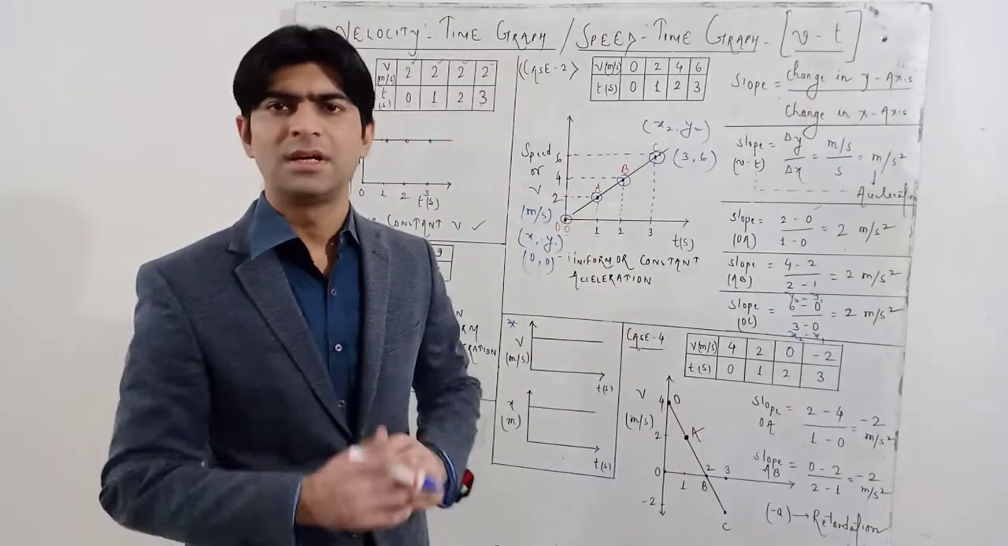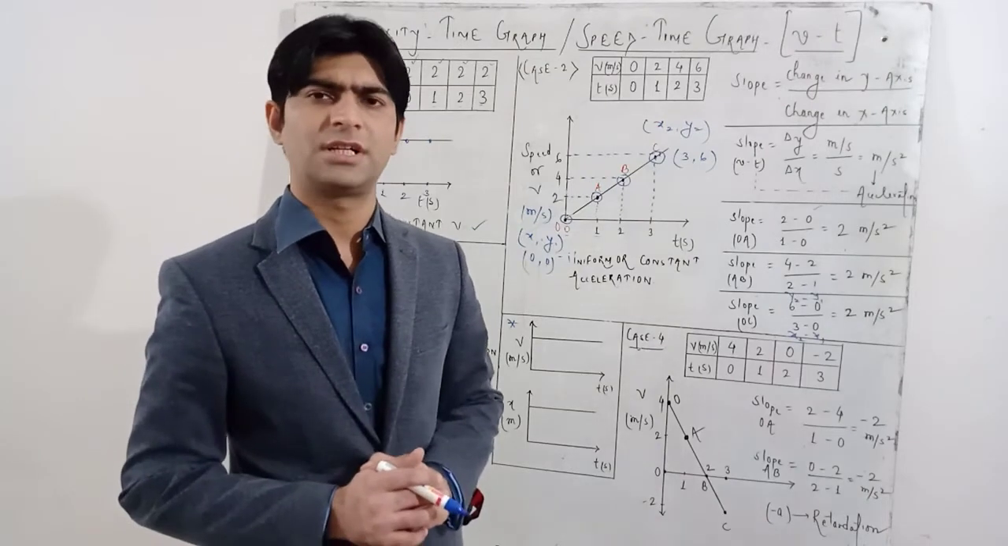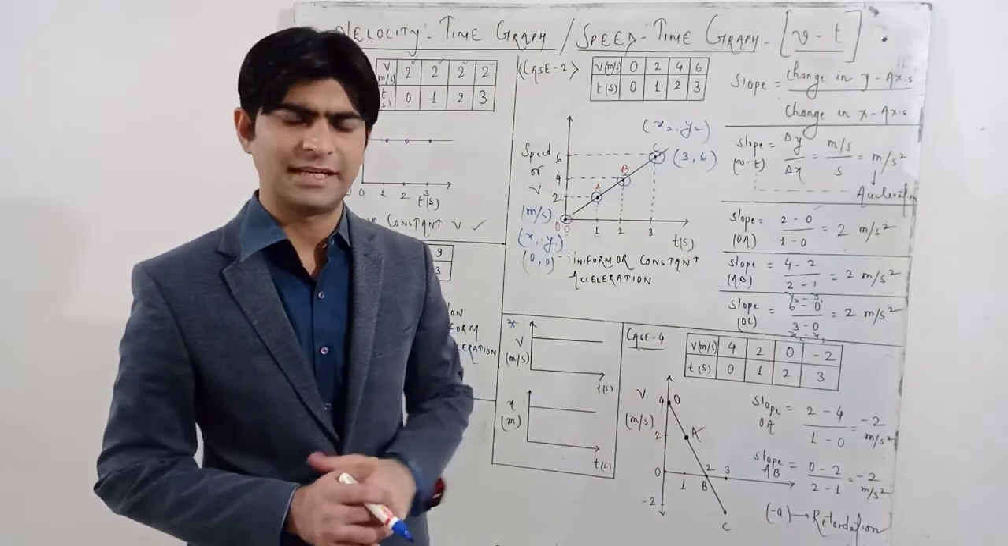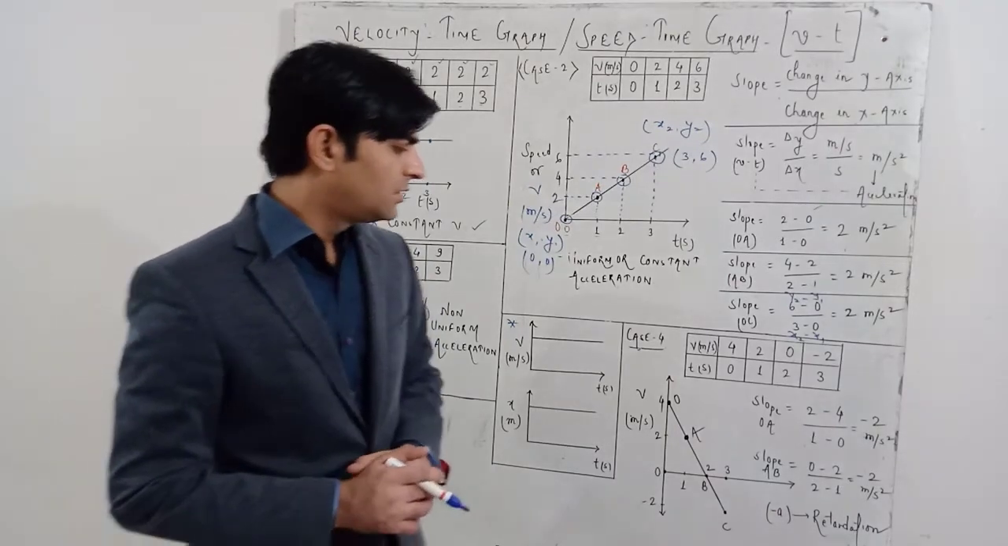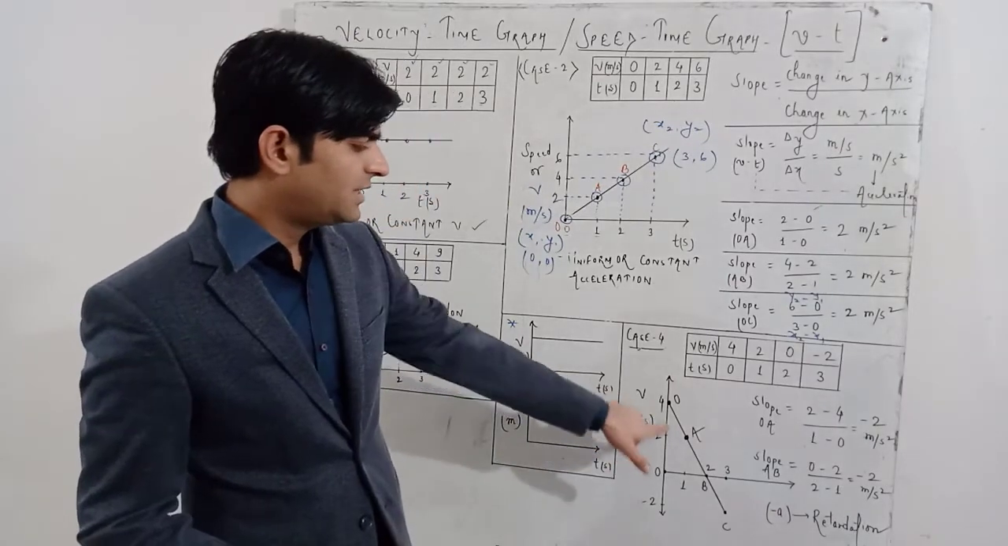In the last class also we had a discussion on position time graph. This will give the negative velocity in case of position time graph. You must watch that video. Okay, so in this case, if you see here,